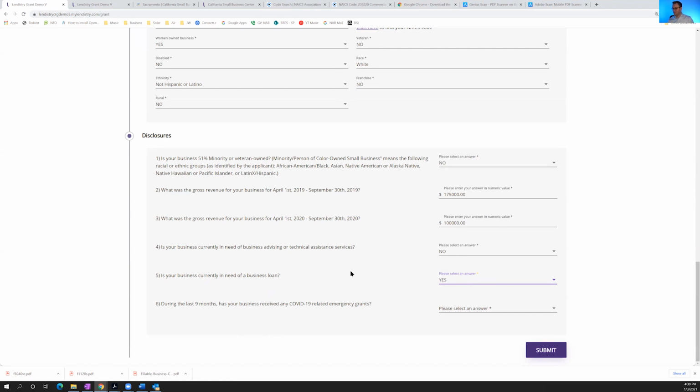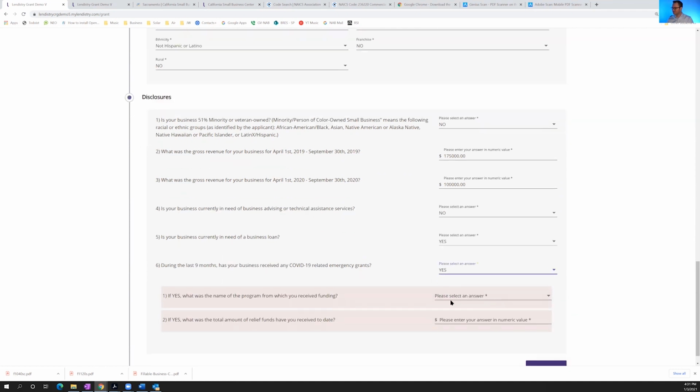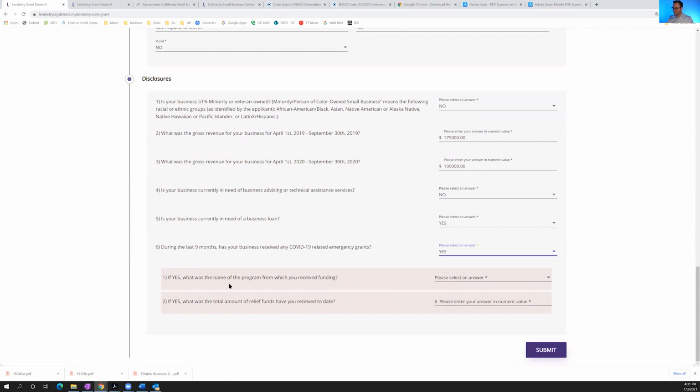But if you remotely think that you are in need of a loan, it's probably not a bad idea to say yes. Or if you're in need of any sort of advising or technical services, it's probably not a bad idea to say yes if you're in need of that. During the last 9 months, has your business received any COVID-19 emergency grants? Let's say yes, we did. So if yes, what was the name of the program where you received funding? We have the Economic Injury Disaster Loan, Local Municipal Grant or Loan Program, SBA PPP, or other. Let's say we got the PPP, and let's say that we got it for